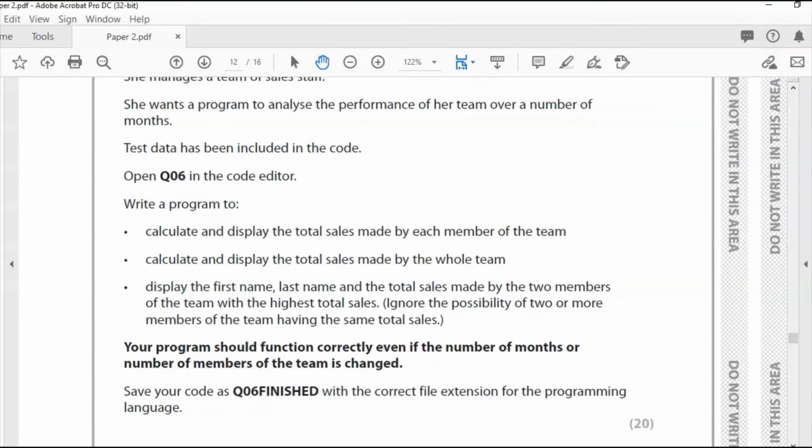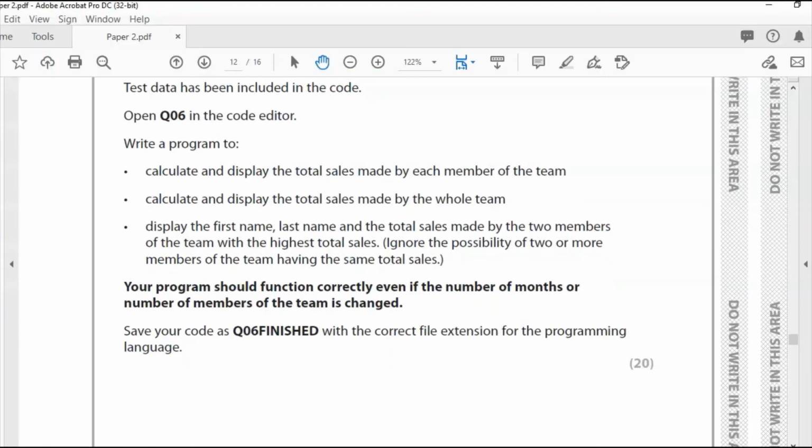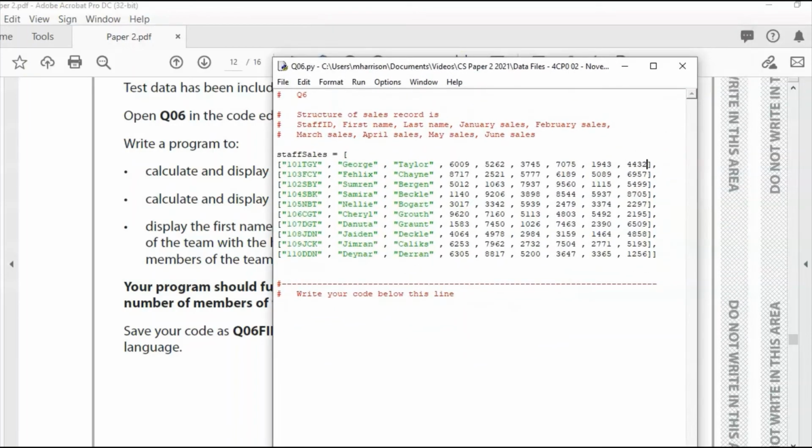So the bullet points here are going to tell us what we need to do. We need to calculate and display the total sales made by each member of the team, calculate and display the total sales made by the whole team, display the first name, last name, and total sales made by the 2 members of the team with the highest total sales, so that is first and second. And the program should function correctly even if the number of months or number of members of the team is changed. So what we need to do is add up all the sales for each person over those 6 months